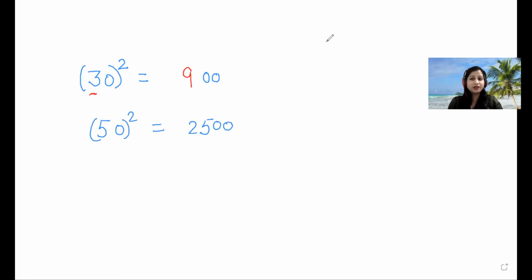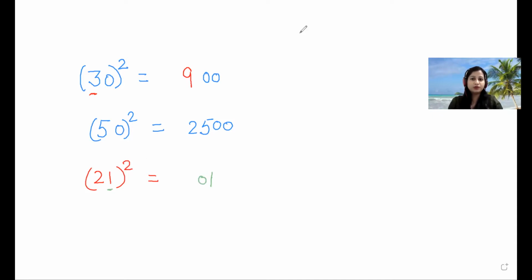Now let's take the number in which unit place is 1. Suppose I'm taking the number 21 square. Here, first of all, we'll do the square of the ones place. The ones place is 1, so the square of 1 is 1, we all know. Write the square in two digits. How can we write 1 in two digits? That is 0, 1.